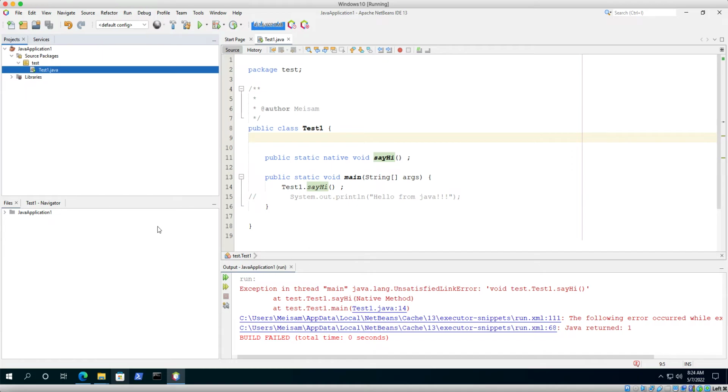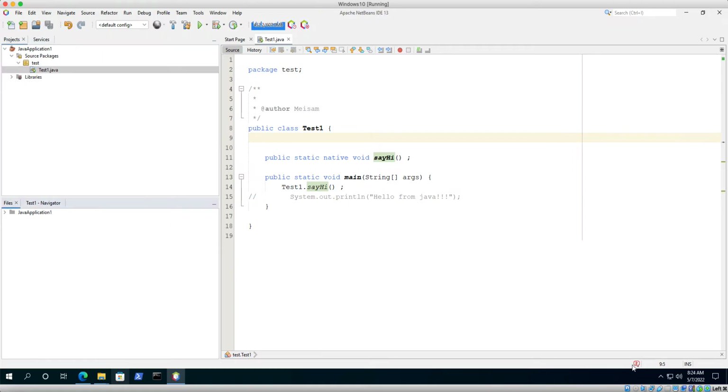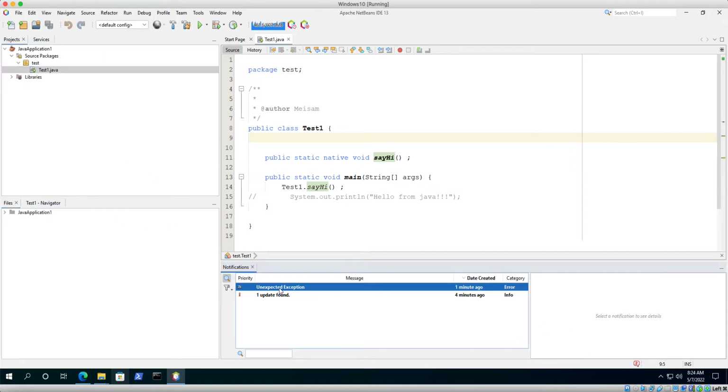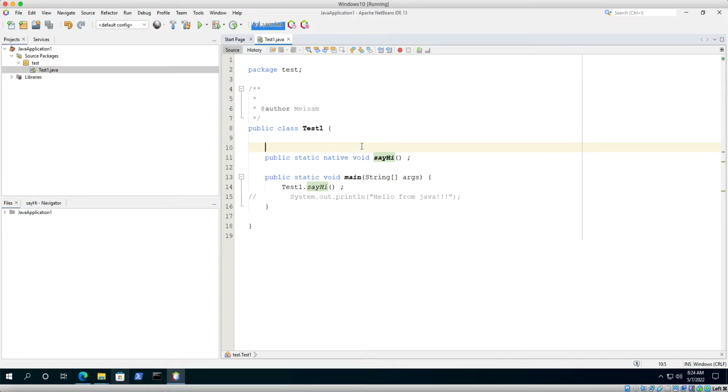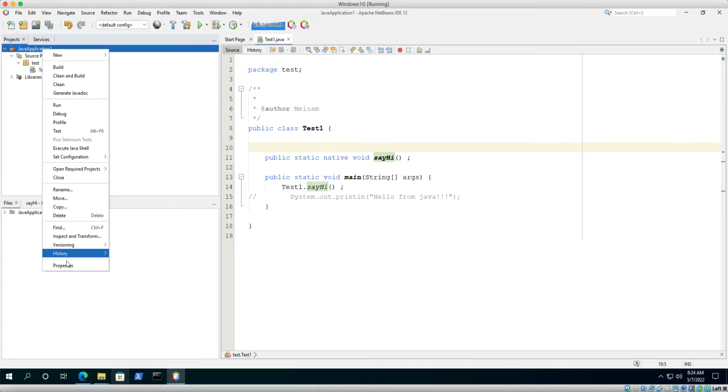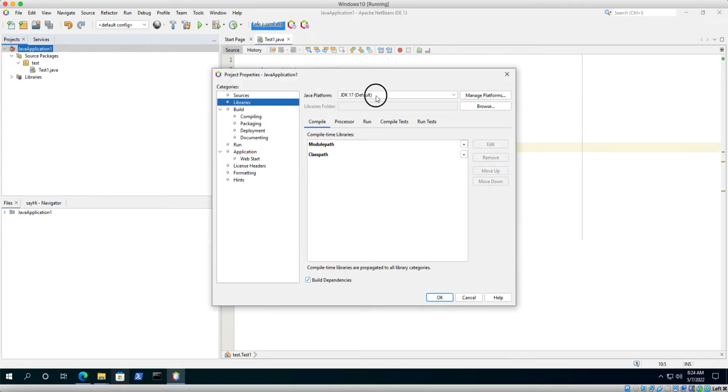And right now, as I click on this, you see there is a red bubble here saying that unexpected exception. It says that I couldn't find this Java API. That's because this API is removed in the JDK 17. So what we need to do, we need to right click on the Java project, go to the libraries, quickly